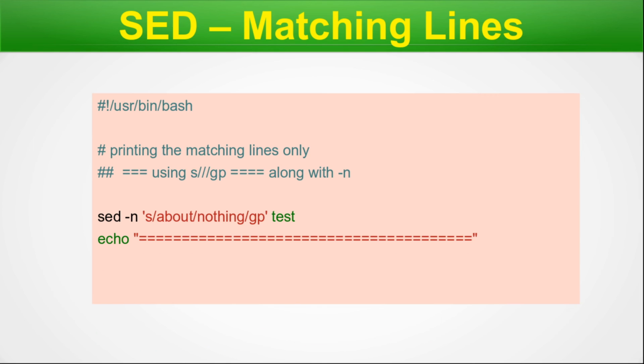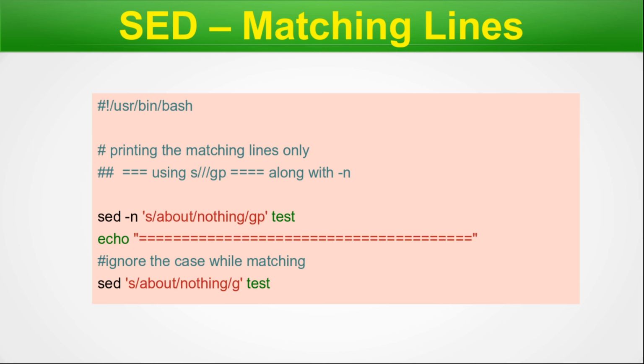And here we give a separator just to understand. Ignore the case matching. If we want to ignore the case, what we do here is remove that particular p right here, so this will ignore the case. If you try out this example, you will see how it is different. The test file data is given in the previous slide, so you can go and try this out and see how these two give different outputs, and the meaning will be very clear to you. We have used a separator here just to differentiate between the two outputs.